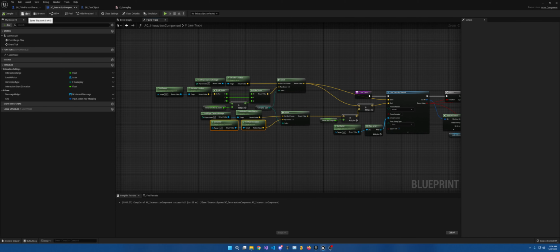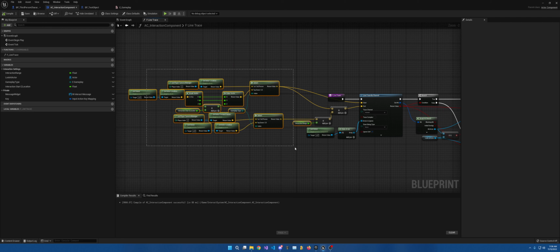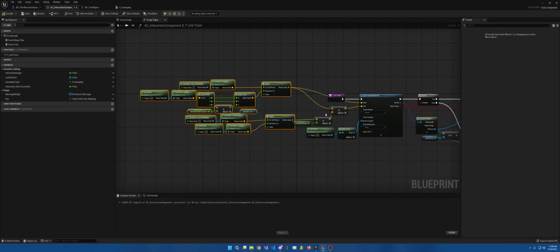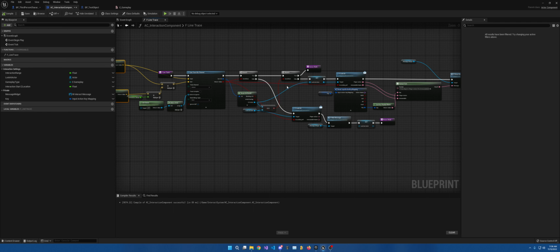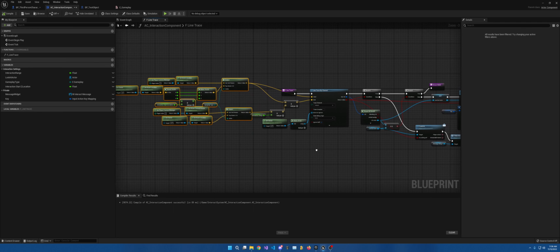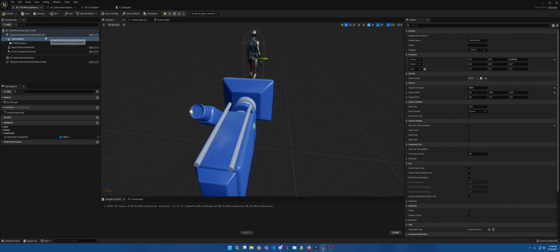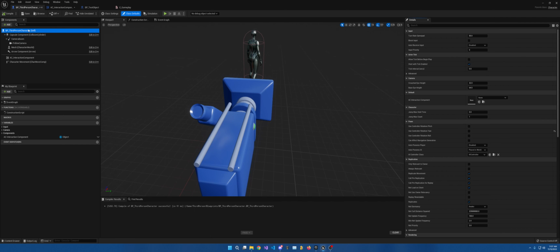Now compile and save. And this functionality, this whole thing is done. We now have a working interaction system that is beautiful. Granted, there's some mess right here, and I'll clean that up on my own time, just like I know you will. So the reason why this is important, now if we come over here, and if I just select right here on this one, come over here, and I will have,